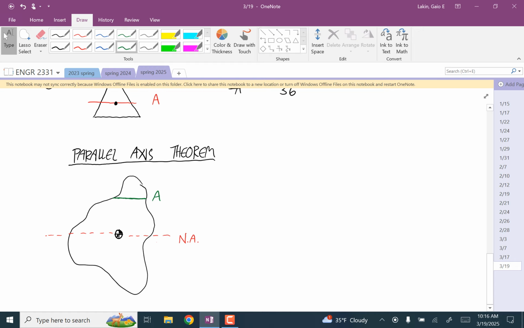Those two are parallel. That's why it's called the parallel axis theorem. Then the area moment of inertia about A is the one about the neutral axis